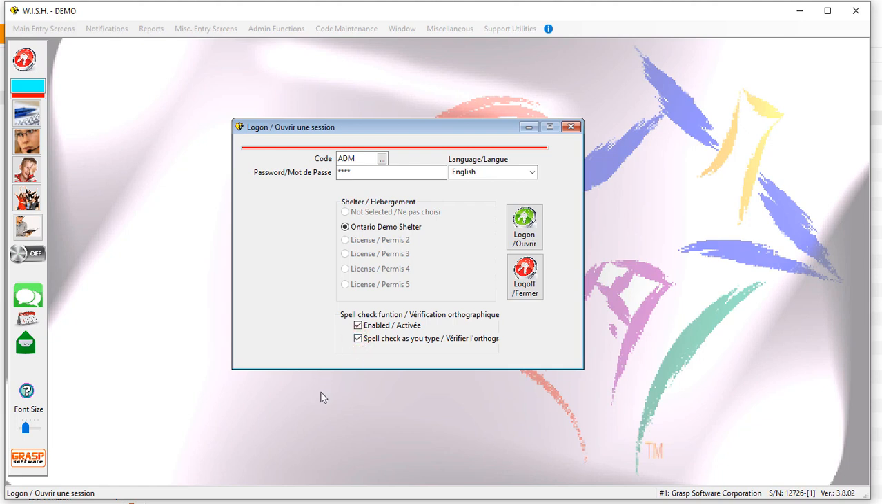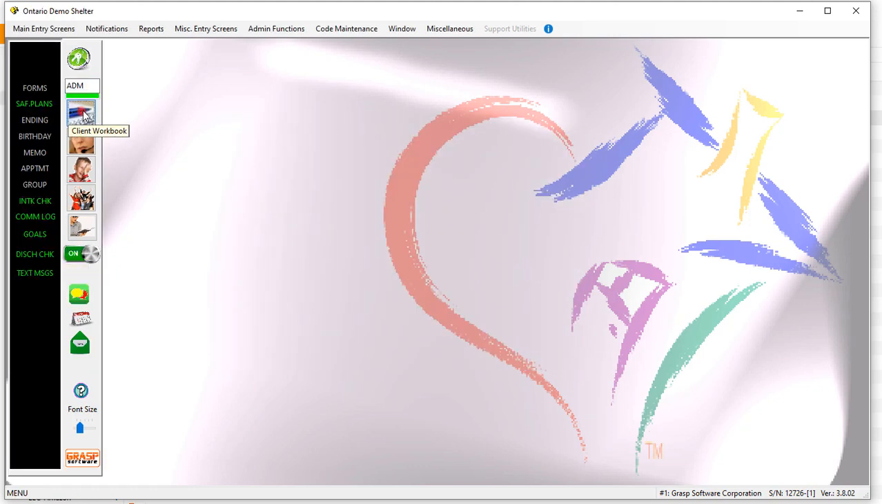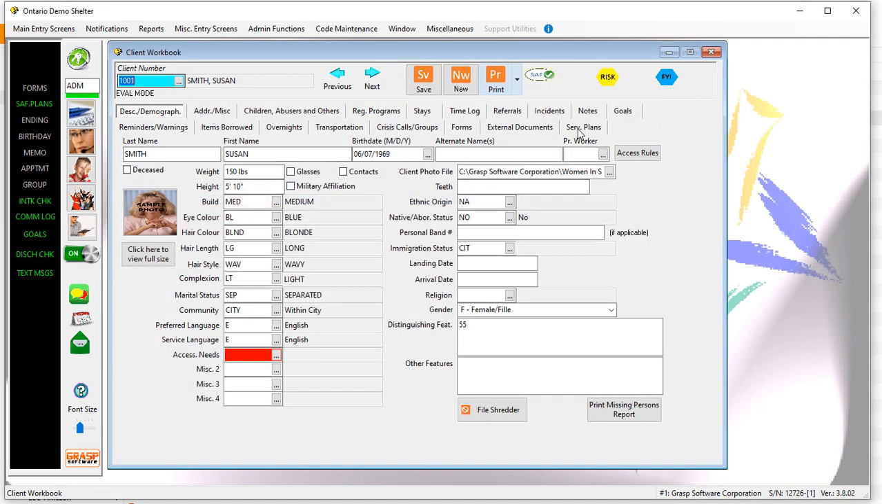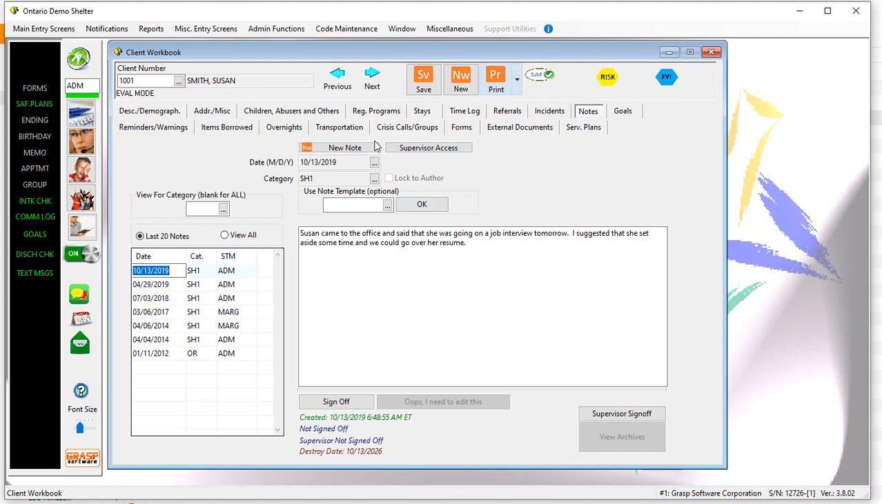In the versions of Wish prior to this one, the behavior would be the same as having both of these checked. So I'm going to start there and show you why we've considered changing this. Just to recap, the default now is with the spell check function enabled, but the spell check as you type disabled. I want to put this on so that you can see what the difference would be. So if I go into a client's file and I'm creating a new note in here,